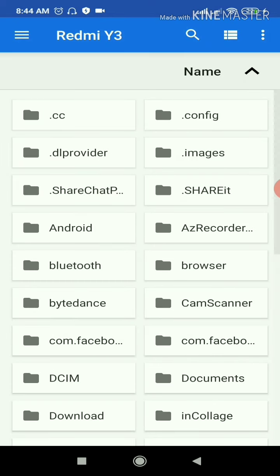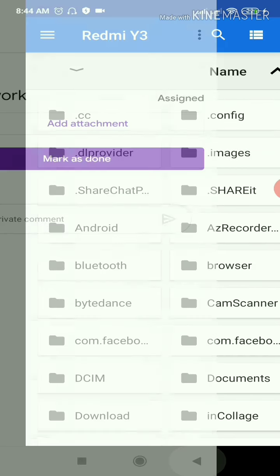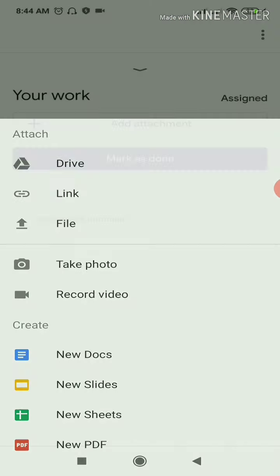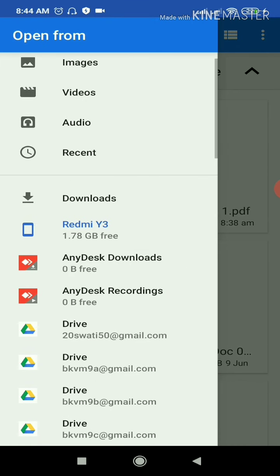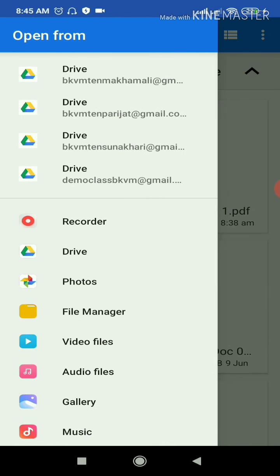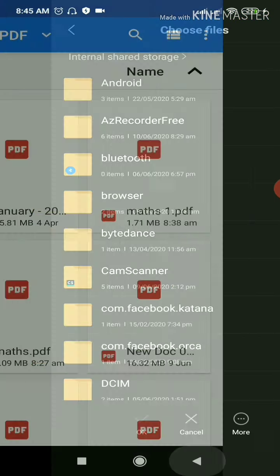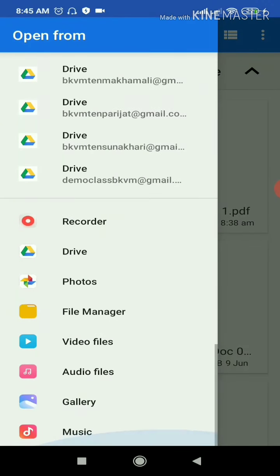That is the mobile phone. CamScanner, you can see as usual, and PDF. Or maybe there will be something like, for example, image, video, audio. Or you can find things like, for example, file manager will be there. So something will be there in your mobile phone, and it also depends upon different mobile phones. So what kind of mobile